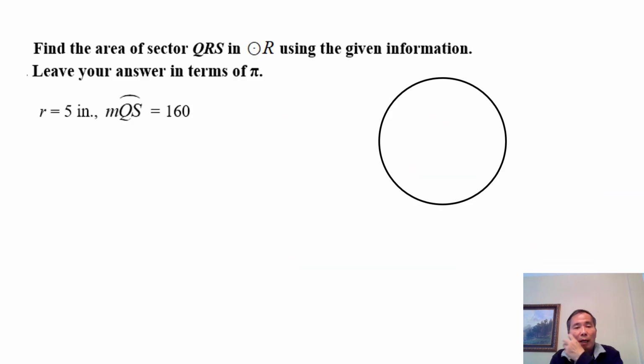Now the third one is about the area of the sector QRS. Originally the question doesn't give you the drawing. So when it says the circle is R, find the center here and put R here. So this is circle R, and the given information says to leave the answer in terms of pi. So the sector QRS, R is the center, so Q is, let's just draw it here,